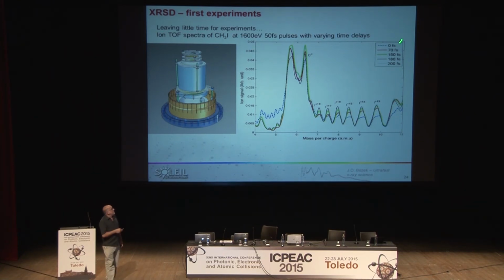But what we did see is, if we have the high charge states of iodine in methyl iodide and we look with no delay between the two pulses, so all of the intensity is arriving within the pulse duration, within this 50 femtoseconds, then we saw a very flat peak profile for these iodine peaks. And if we increase the delay to 70, 150, up to 200 femtoseconds, you can see these peaks sharpen up considerably and increase in